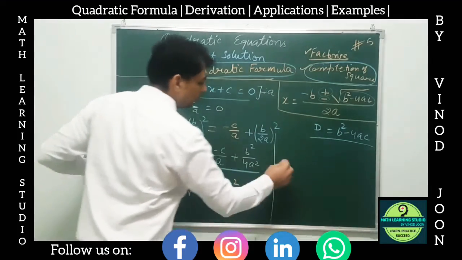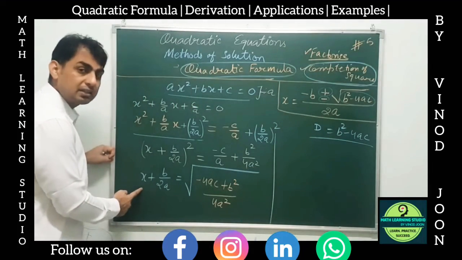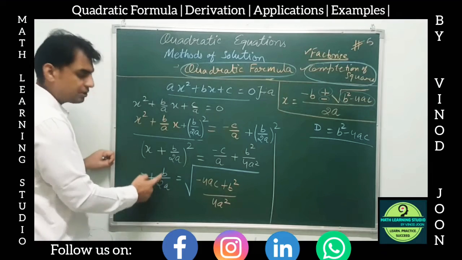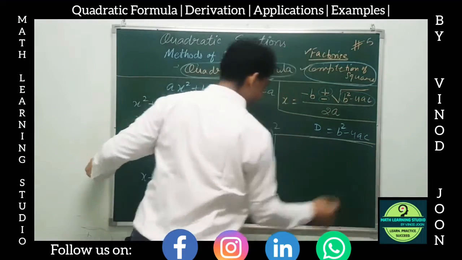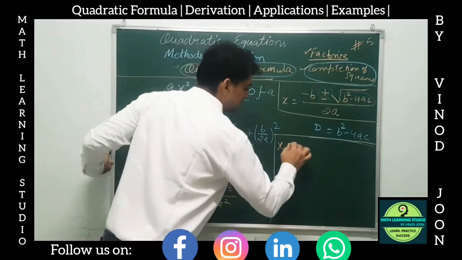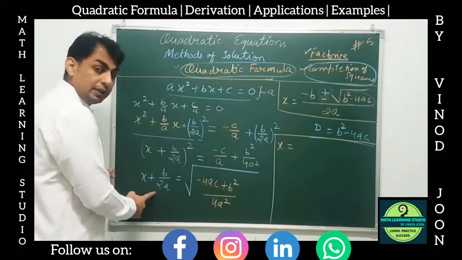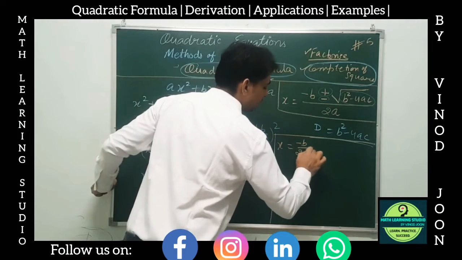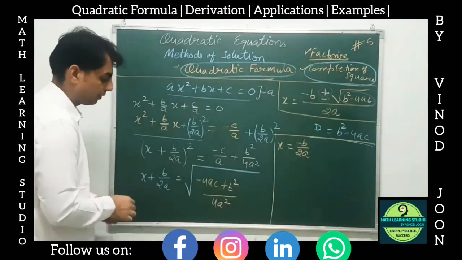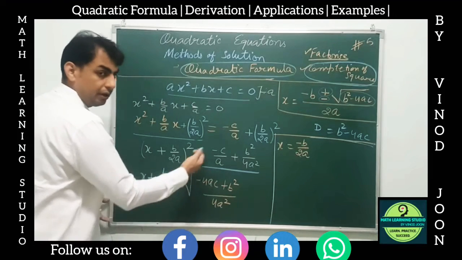So I'll write it there now, and हमको x की वैल्यू चाहिए, so I will transpose this b by a also to the right hand side. So what I'll get there is x is equal to this b by a plus, में है, goes that side, becomes minus b by 2a. So it was 2a only, okay? And then we have it here.